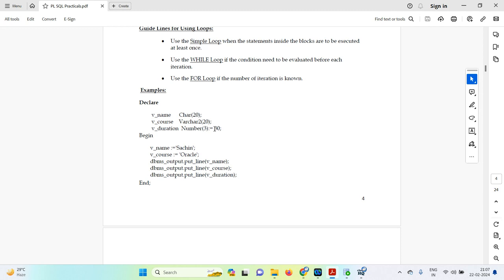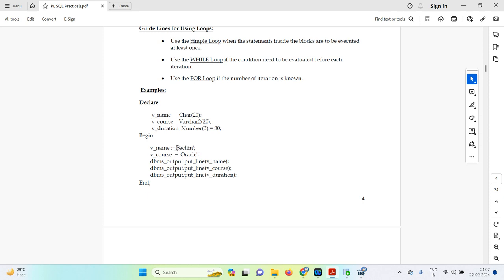Here I am beginning with the begin keyword and also v_name. I am assigning the name, a character type which has 20 length. So v_name := 'Sachin'. I am giving this character value within single quotes. Whatever characters we specify, here we are giving a word, and a word is nothing but a collection of characters. Here the word has how many letters? Here we have 6 letters. Whatever we are assigning to this variable name should be given